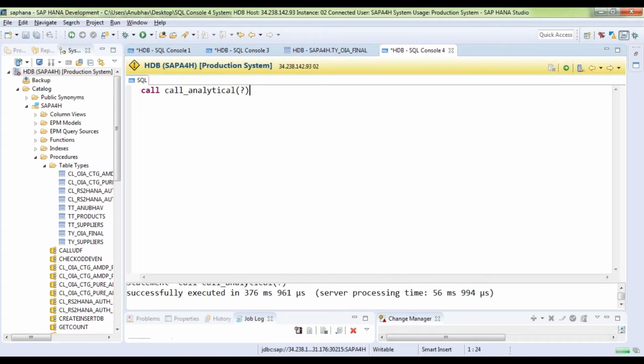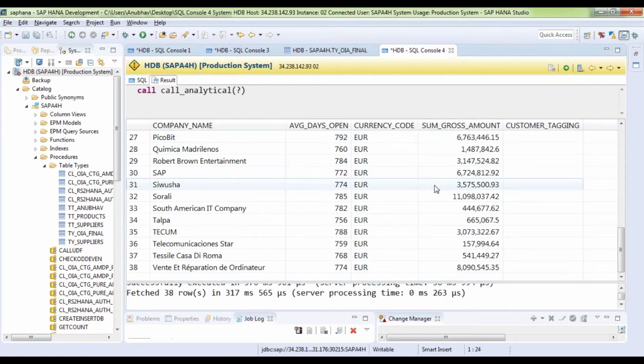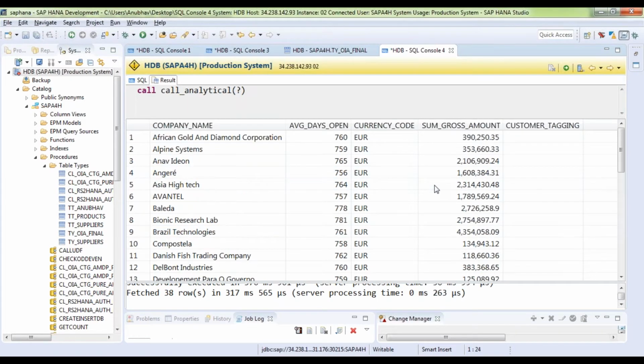You're going to see the result for the open item analysis scenario, what you have done using the analytical view, now with the procedure on top of it. Though from the ABAP side, you can directly call the analytical view, like I showed you some time back with two techniques. If you want to create a wrapper on a wrapper, you can definitely keep creating wrappers.